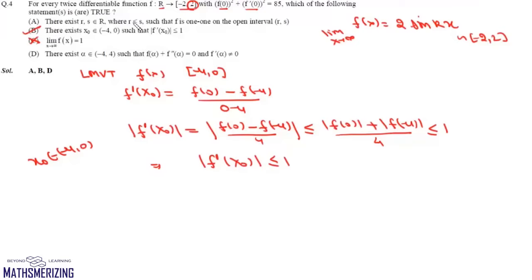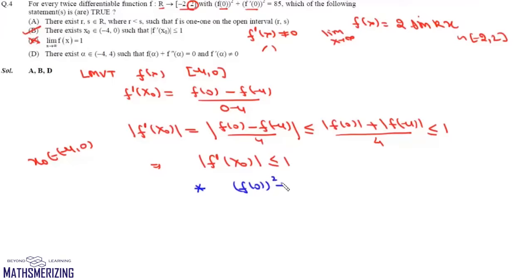Now this option A is, there exists R and S such that R is less than S and f is 1-1 in the open interval (R, S). Now this statement is equivalent to proving that in some interval f dash x is unequal to 0. Because if f dash x is unequal to 0, then in the smallest interval f(x) is either increasing or decreasing, and therefore it will be a 1-1 function. Now we look at this given condition, which is